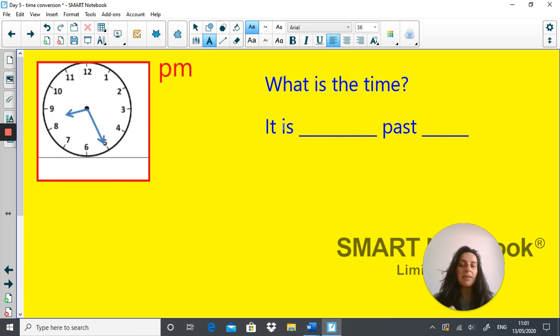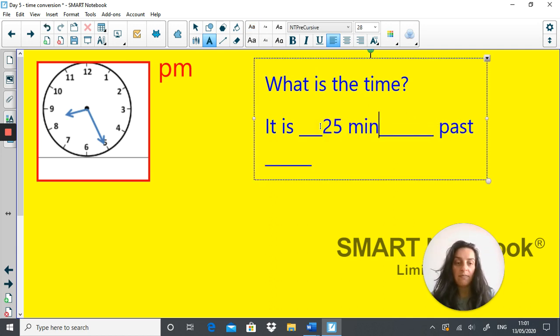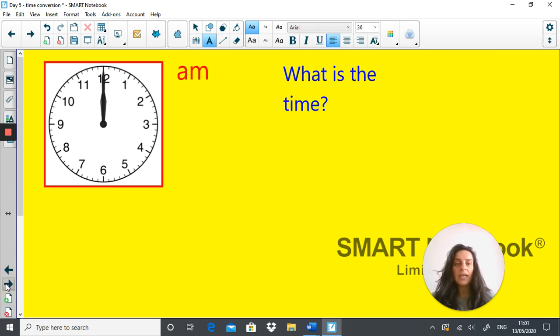Simply it's something past something. Pause the video, have a go. So it is 25 minutes past 8. Next slide. What is the time here? So pause the video and have a go. Now, the time is